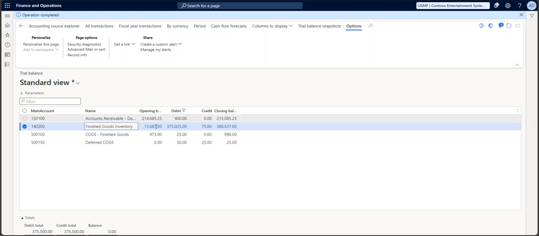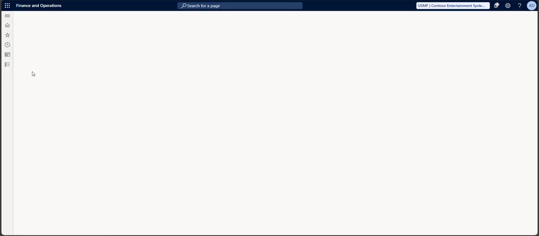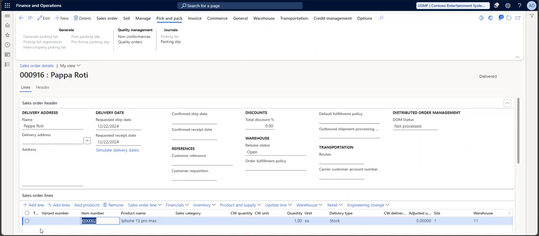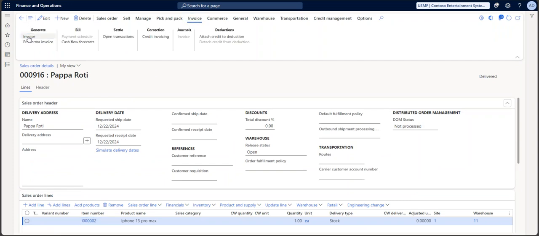Now you can see 50 showing in debit and 25 in credit. Why is it showing like that? Because we didn't post the invoice for the second sales order. Once I post that, these two balances will be matched. You will understand more in the financial concepts. See, this is sales order 916. If I open it and do the invoice,